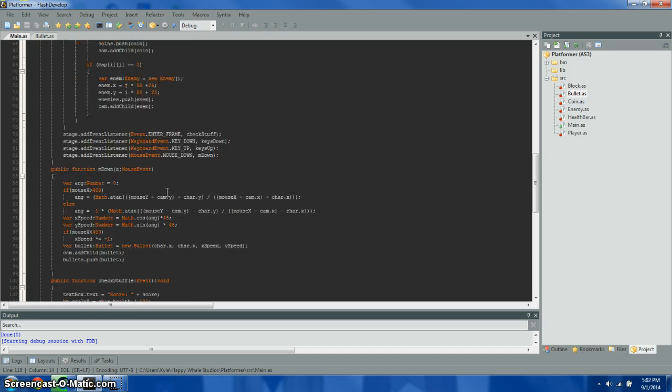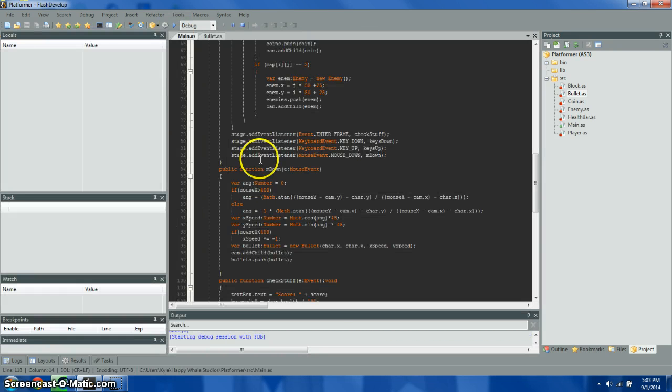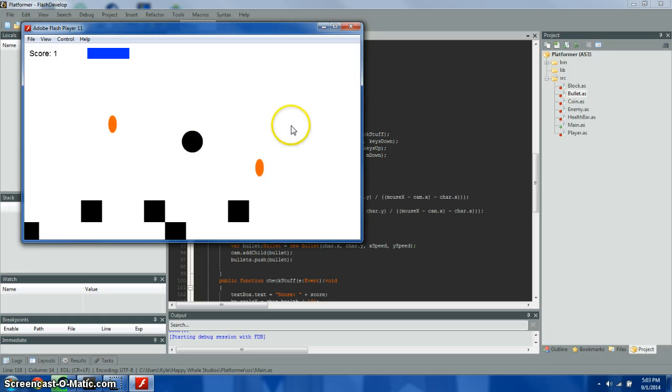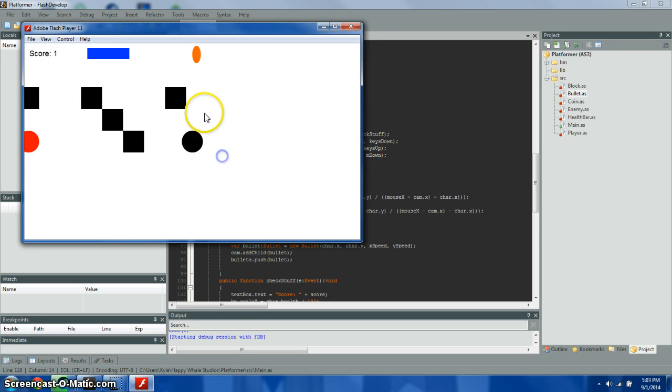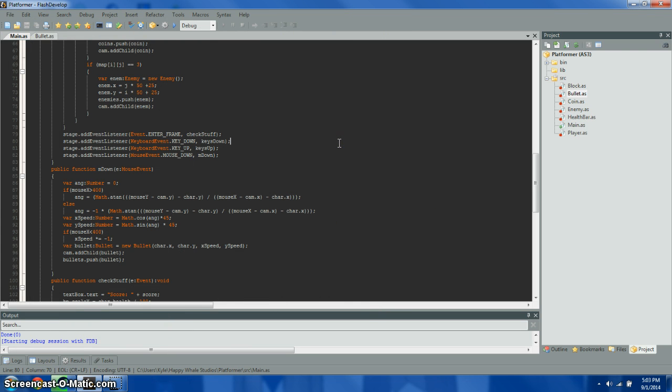So feel free to pause all you want and go back, make sure you get all of that, because this is really important to what we're going to do next. You want to make sure that your bullets move like this. So once you've got that,